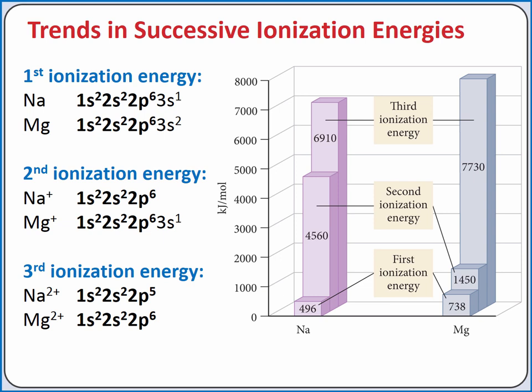So if we're comparing the relative ionization energies of two elements, and we're removing the same type of electron, either valence and valence electron, or core and core electron, we can follow the general trend that ionization energy increases up and to the right in the periodic table. But if we're removing a core electron from one element and a valence electron from the other, it should require more energy to remove the core electron.